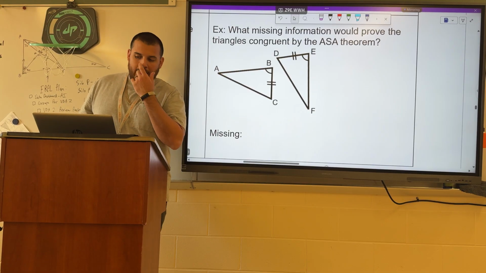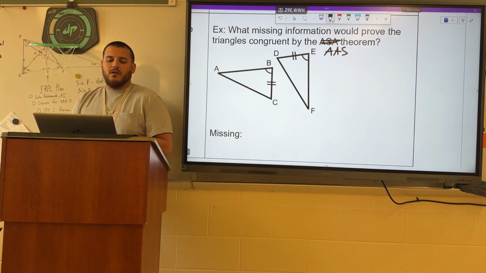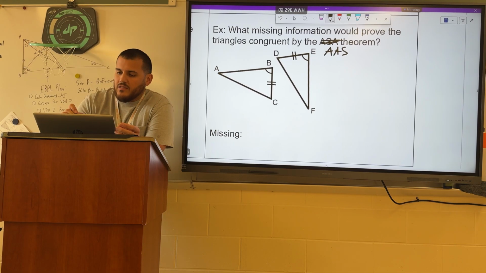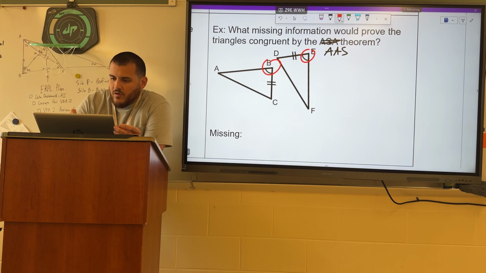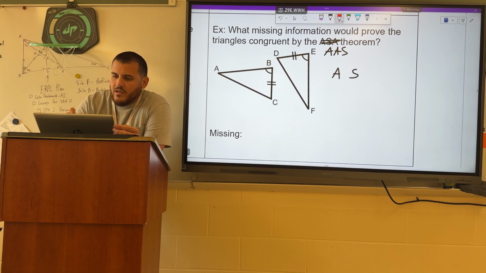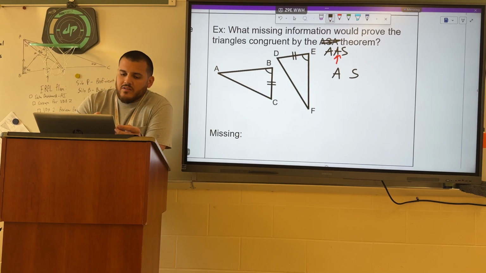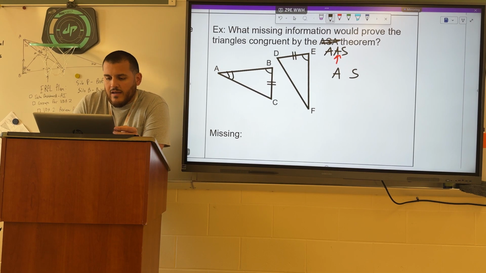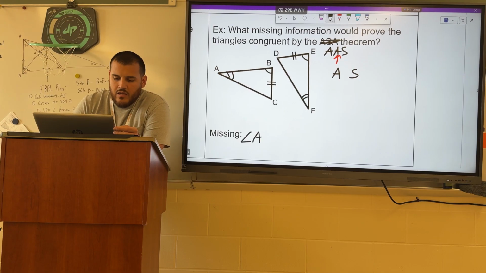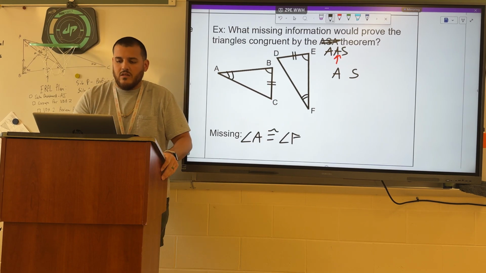On this one, we need angle, this was a mistake here, this should be angle angle side congruency here. Okay, we need to find again the missing piece of information. We know E is congruent to B, that gives us one angle. We know side BC is congruent to side DE, that gives us one side. What's missing is an angle that is not putting the side between, that is not making this the included side. So that would have to be angle A for this triangle over here and angle F for this one. Angle A being congruent to angle F would give me angle angle side congruency here for these